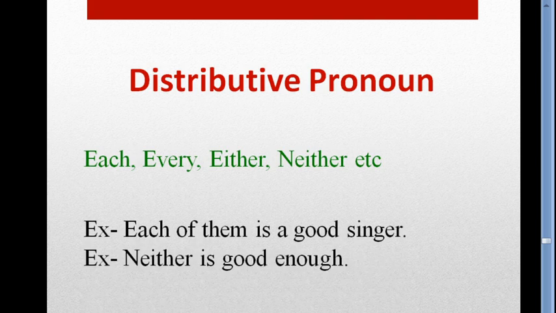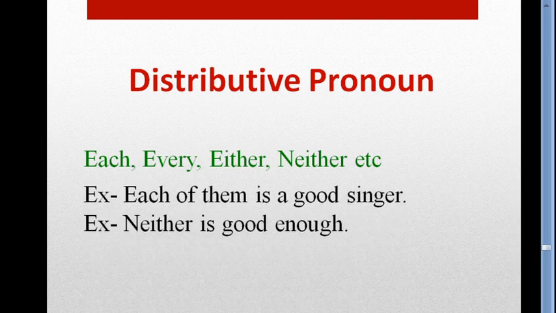The example is, each of them is a good singer. প্রত্যেককে আলাদা করে বোঝানো হচ্ছে তাদের প্রত্যেকেই good singer. Second one is, neither is good enough. কোনোটি ভালো নয়।